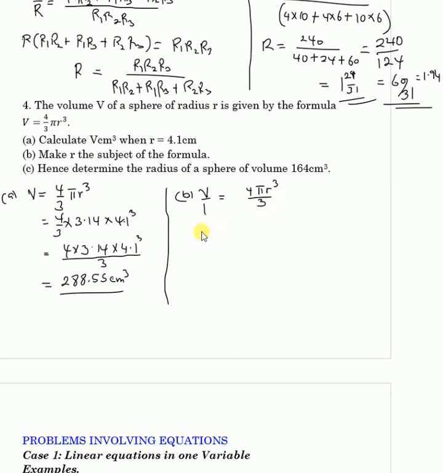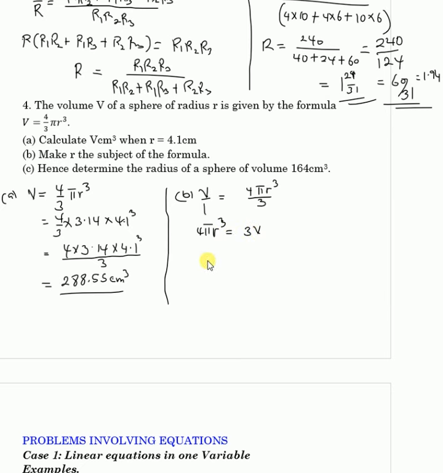That's another way of writing 4 over 3 times pi r cubed; it is the same as writing 4 pi r cubed divided by 3, just like the way I've written it there. So we shall cross multiply, 1 times that, and we get 4 pi r cubed is equal to